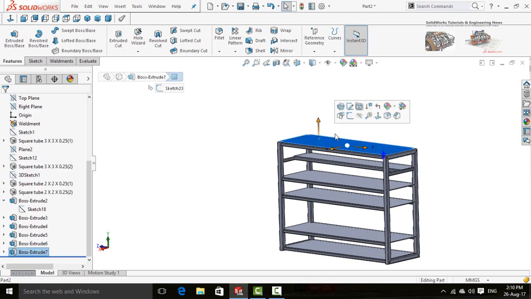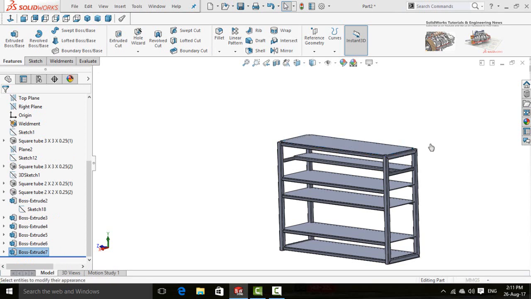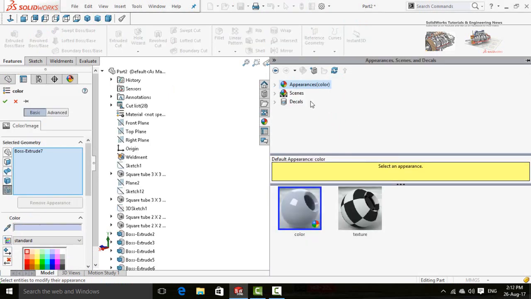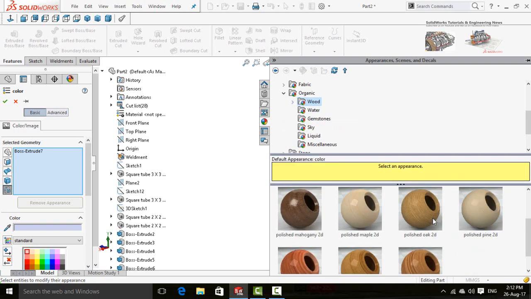Now click on this face and in the appearance click on this arrow and select extrude boss extrude 7. Now click on this arrow of appearance and scroll down. Now click on this organic and select wood. Select the type of wood.